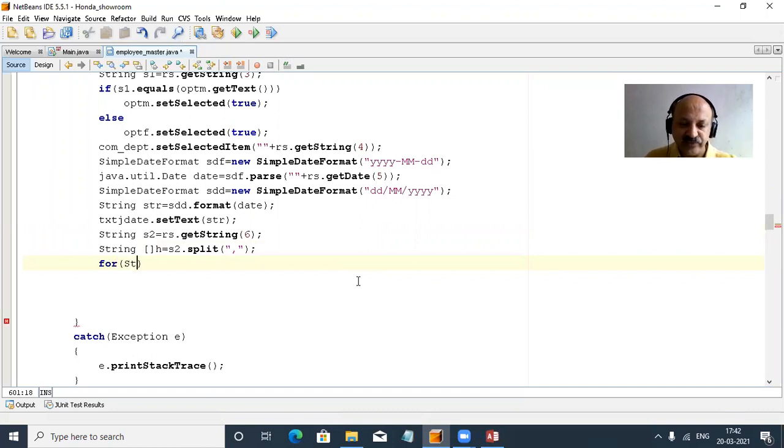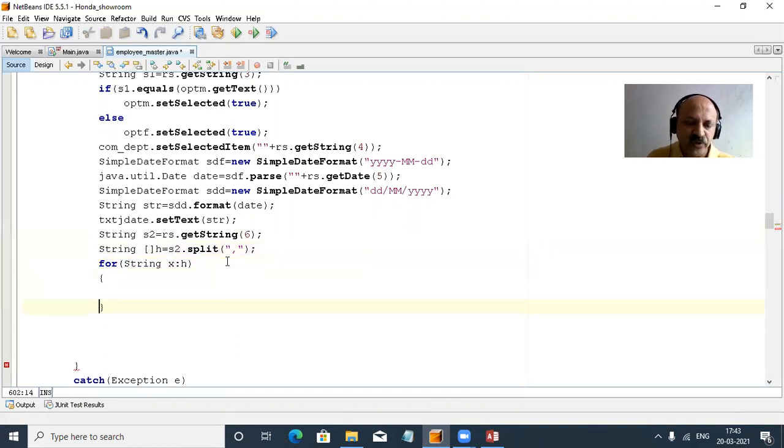So that is a string variable I can use, and the name can be s, or I can give any name so that it does not conflict with x. I think we do not have to define h again. So where is h? Yes, here, a one-dimensional array. And now what to do? Yes, that is a for each loop, so one by one we have to select. Now there is no error, and then we can provide the if condition.